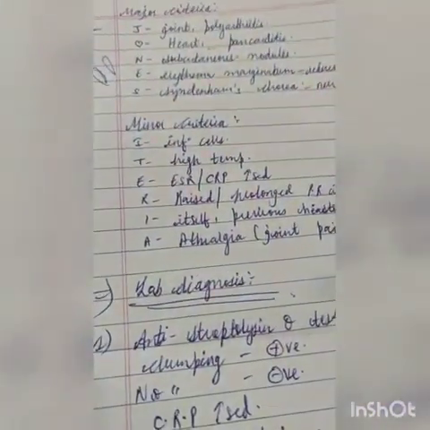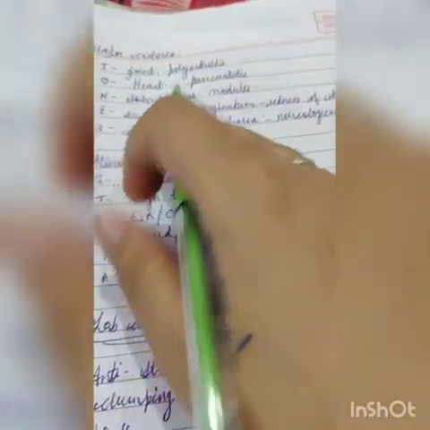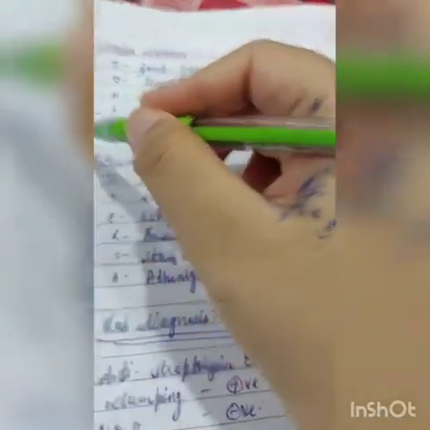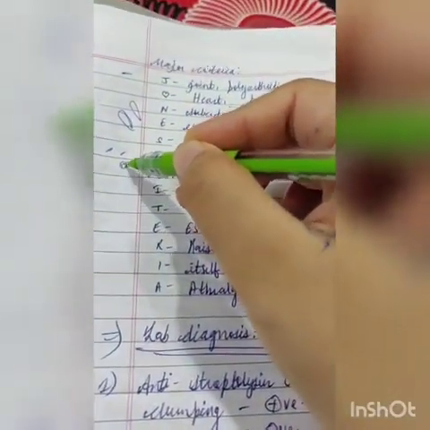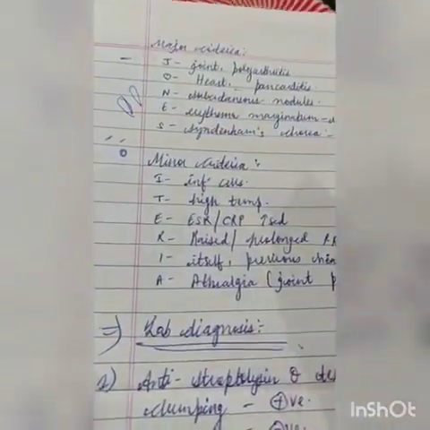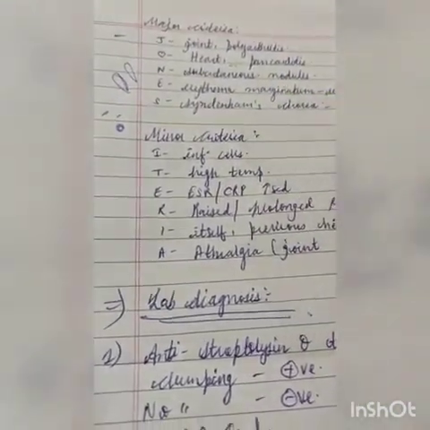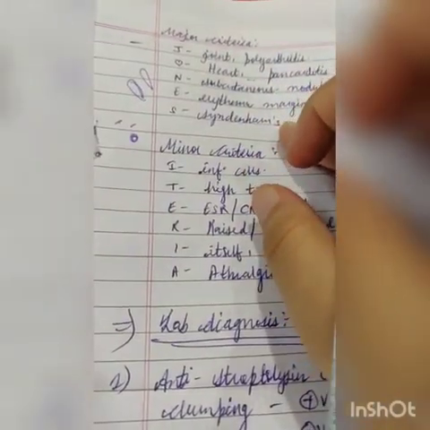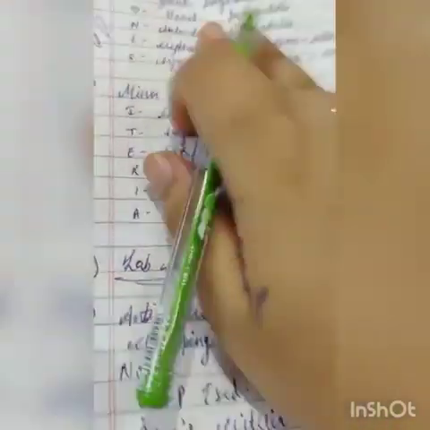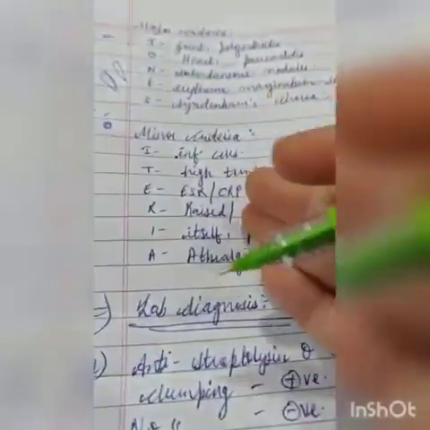And then the E is for erythema marginatum. Erythema marginatum, what is it? It will be the redness of the skin. Skin will become red. Okay, and there will be rings on your limbs. Okay, and S is for Sydenham chorea. Sydenham chorea is a neurological disorder. Okay, so we have to take 1 or 2 major criteria plus 2 minor criteria.